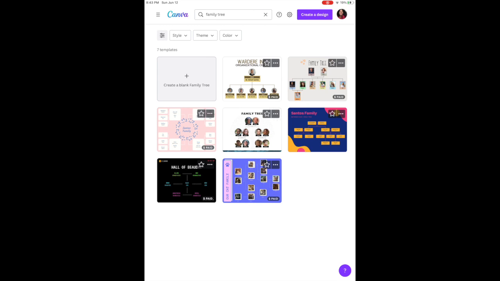There are templates of family trees that are basic. They're nothing really to shout about. I think you actually get more out of World Anvil, because World Anvil allows you to be as creative and artistic with your layout and your interface for your family trees. Whereas Canva is like,